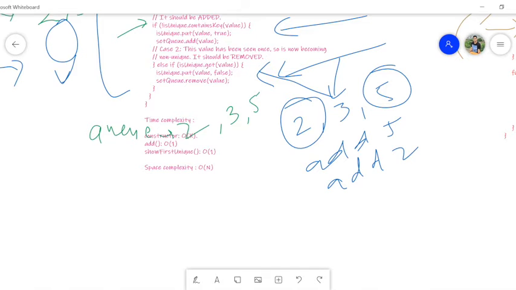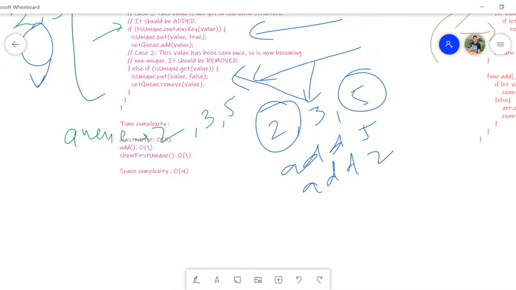Nishant, if you use the set, what difference will it make? Can you explain once? Set will have unique elements, and we were using add and remove APIs in Java. That can be eliminated. But in case of Swift, yes. In Swift, we utilized the count, which we maintained in a hash map instead of using a Boolean value. If the count is equal to 1, it means it's a unique element. If its count is more than 1, it's not a unique element. So we use that condition here.